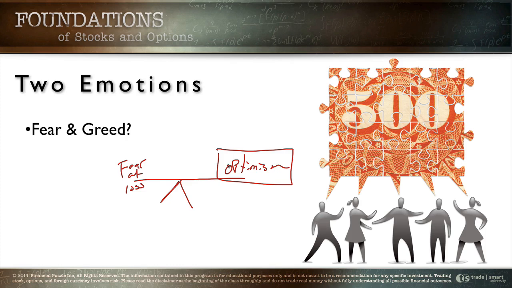How many of you can agree with this? How many of you understand this idea that I'm throwing out here? How many of you think that it's more realistic to say that the fear of loss of capital and the optimism of opportunity are much more of a dominant emotion in your decision-making than the two emotions of fear and greed? For 99% of the world, these are really the emotions that are driving your trade.